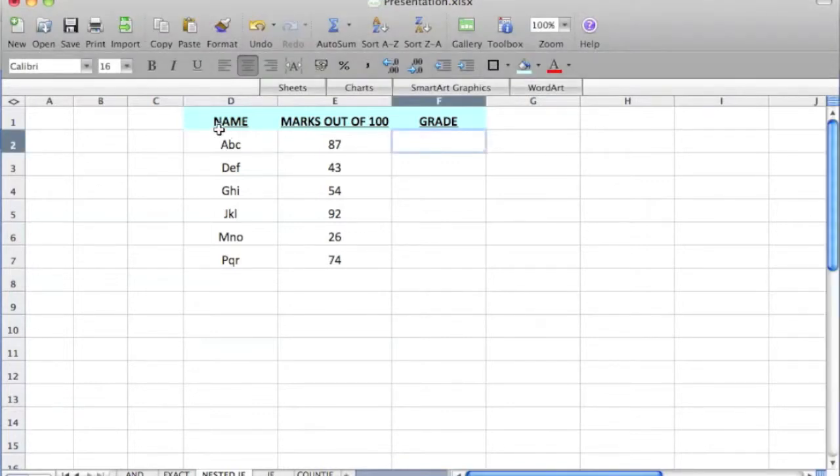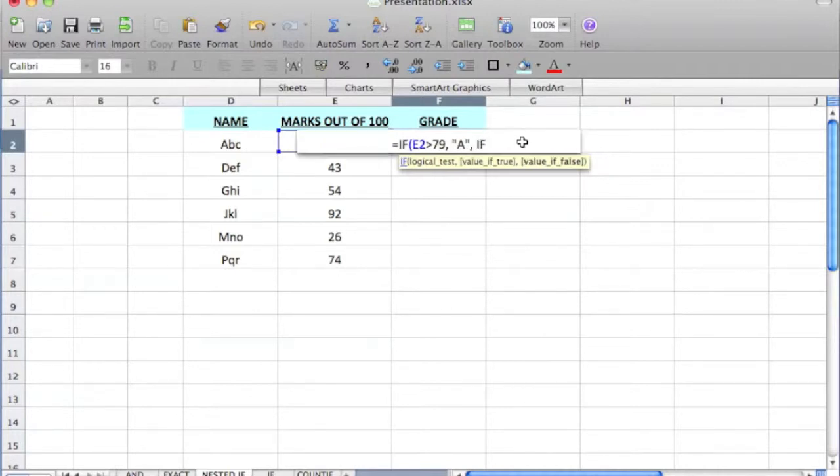So we have the names in column D and the marks are in column E, and we have to enter the grades in column F. So the formula to be entered in cell F2 is =IF(E2 greater than 79, "A", IF(E2 greater than 69, "B",